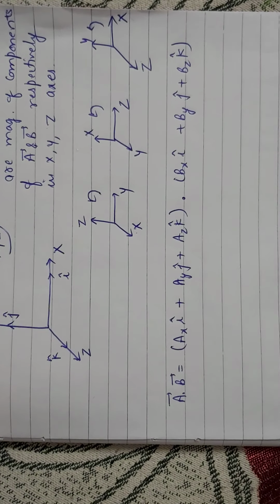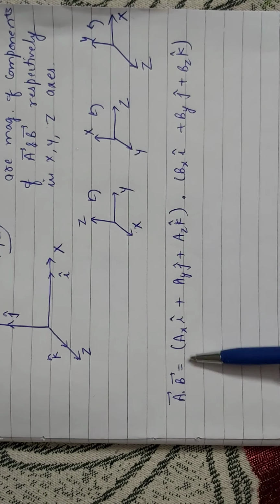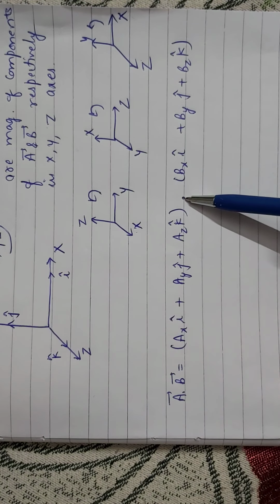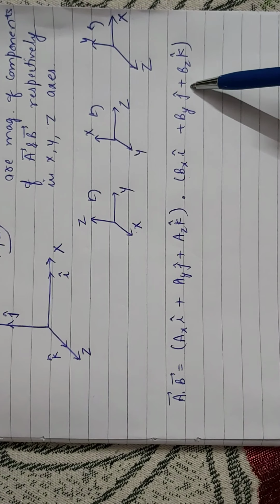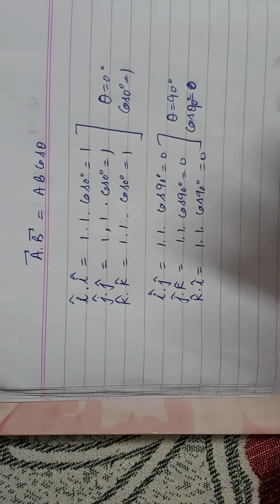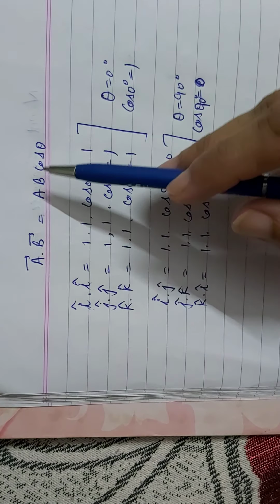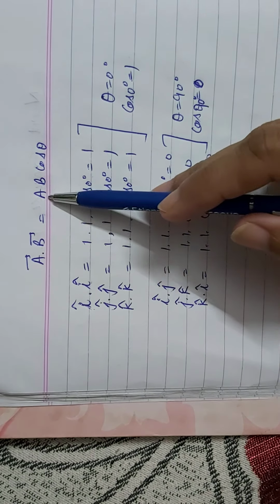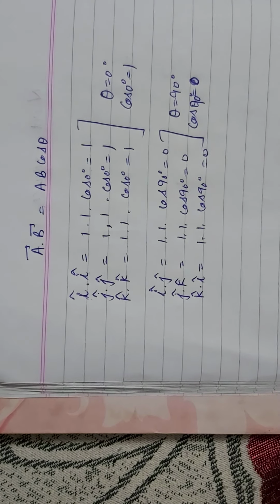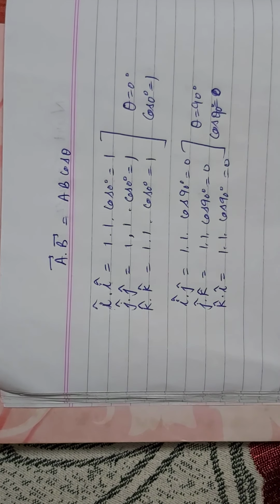That's why i, j and k represent their directions. So a dot b, how can we write? a dot b equals axi plus ayj plus azk, dot bxi plus byj plus bzk. This dot should be visible as we are doing the dot product; it is the main symbol. And in class today we discussed that a dot b is given by ab cos theta, where a is the magnitude of vector a, b is the magnitude of vector b, and theta is the smaller angle between a and b.